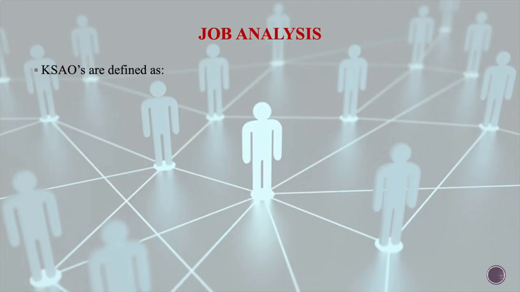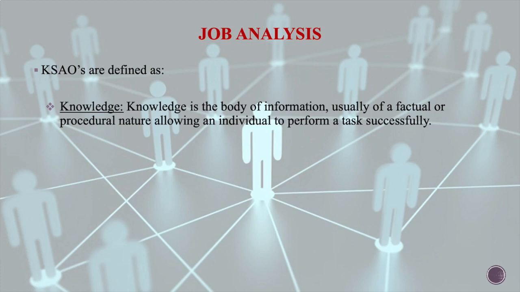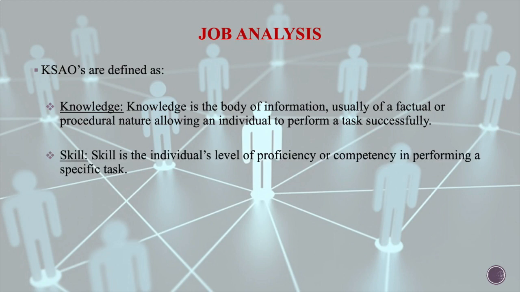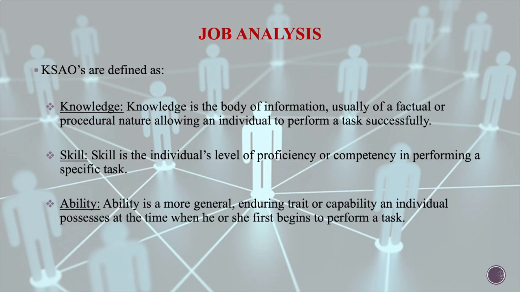KSAO is defined as K for knowledge. Knowledge is the body of information which usually comes in the form of factual or procedural. Basically, knowledge allows an individual to perform a task successfully. The second point is skill. Skill is the individual's level of proficiency or competency for performing a specific task. The third, the A, is ability. Ability is more general, which is an enduring trait or capability